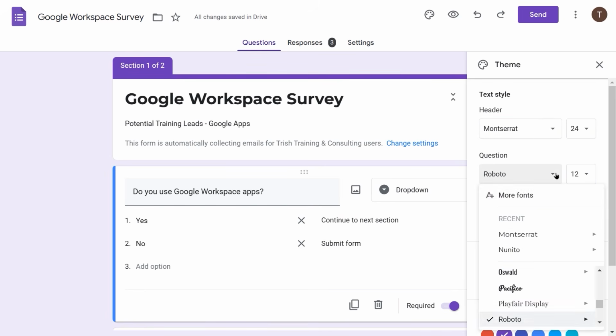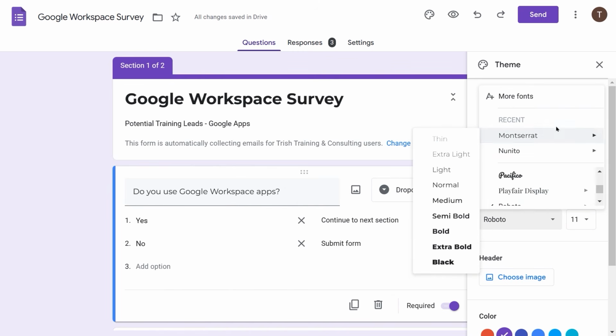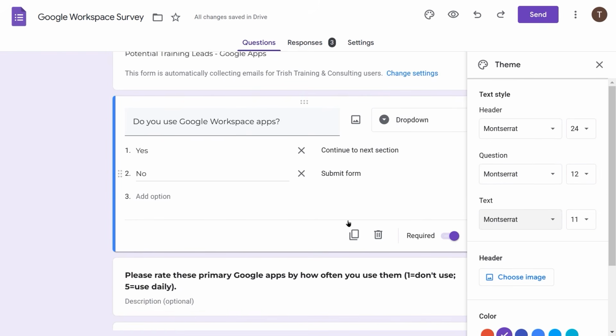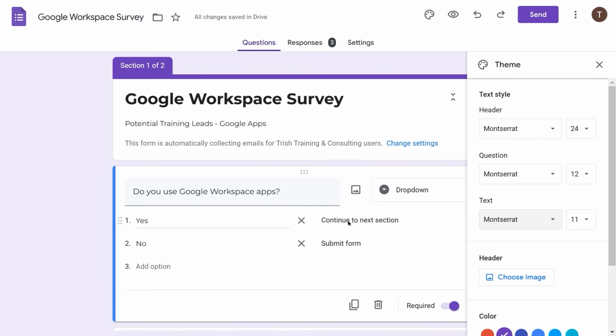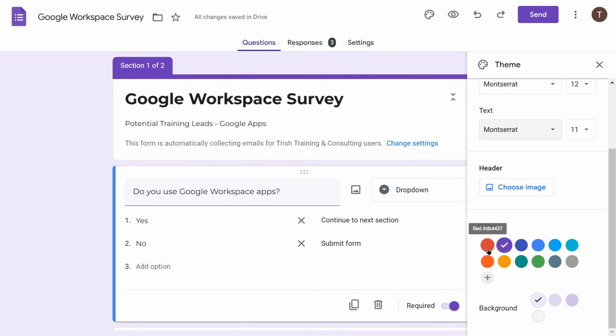And then for the question, I'm going to change it to just plain Montserrat for every question. And then for any text that's in the answers, that's also going to be Montserrat. Answers, descriptions, that kind of thing. So I like consistency with the font. It's just my personal choice, but you can choose what font types you want for header, question, and text separately. I'm going to go down to the bottom, and I'm going to choose an orange color